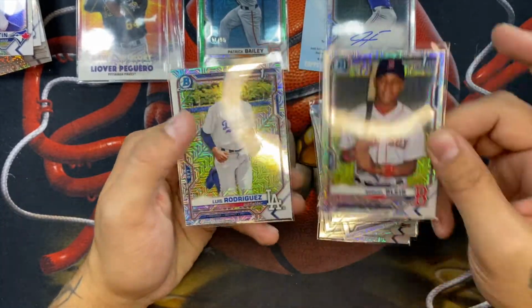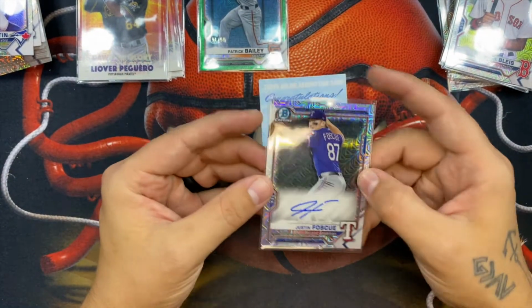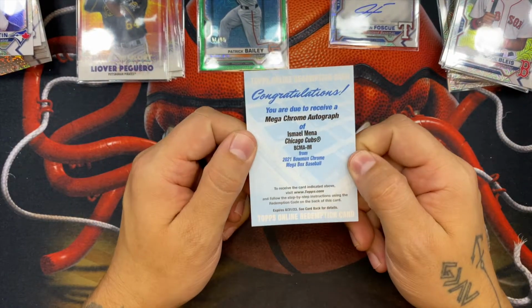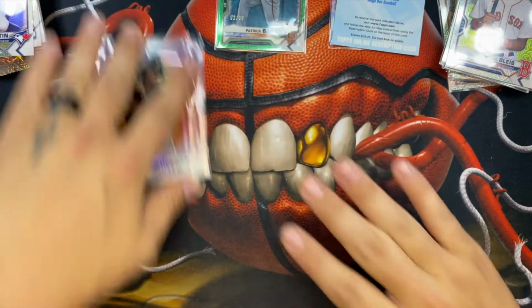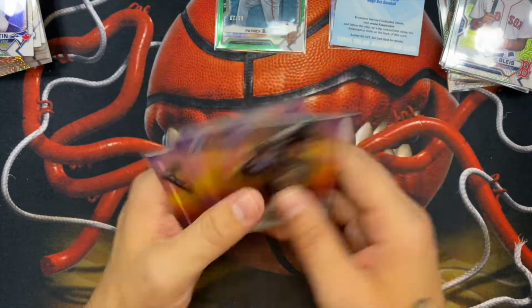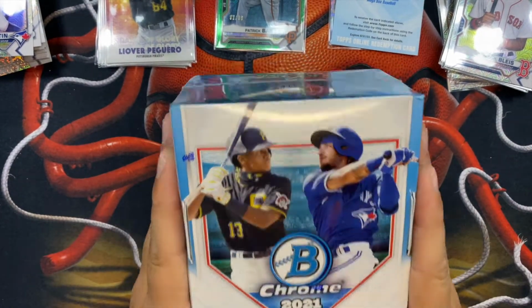There we are, and then probably our 2 best firsts that we pulled. And then we had 2 autos come out of this. One is a Justin Foscue, and then we had a redemption for an Ismail Miana, I'm probably going to mispronounce the name. And then a Patrick Bailey, numbered to 99. And here are all of our inserts. I would say overall we did pretty decently on the retail product side, but this is what